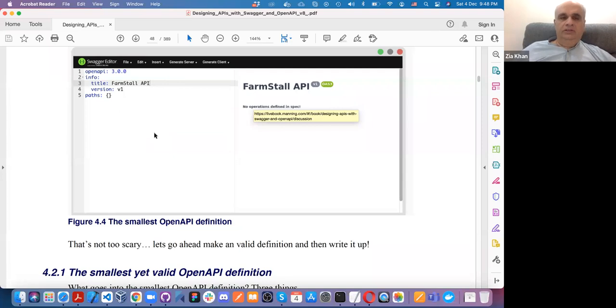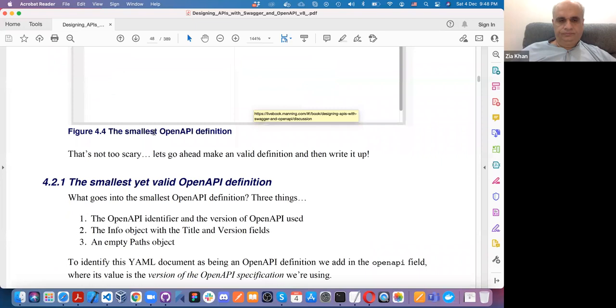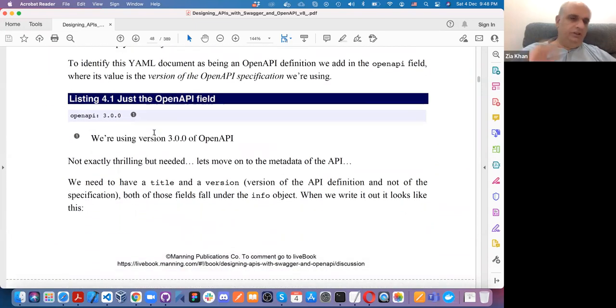Right now, the Swagger editor supports 3.0.3 also. The latest one is 3.1.0, which is not yet supported by the editor. But there are very minor differences. The main version is 3. So therefore, this is OpenAPI 3.0.